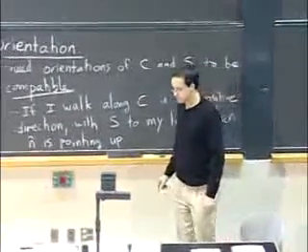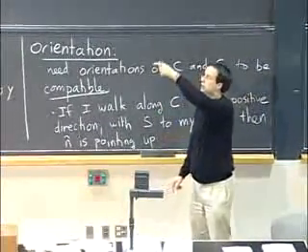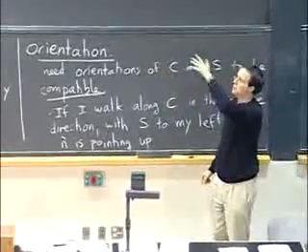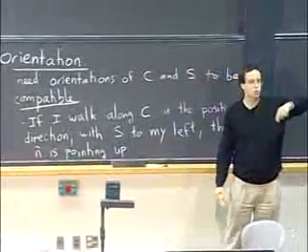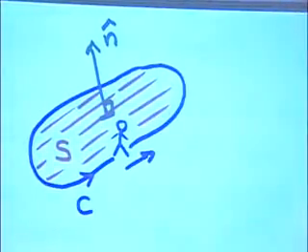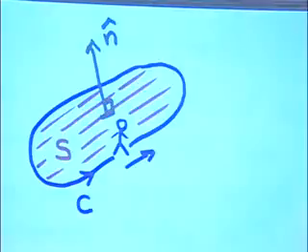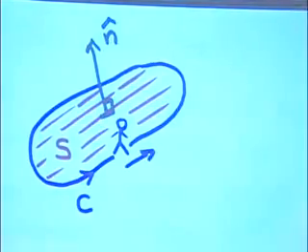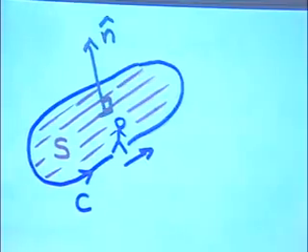let me just clarify something. So let's say that I'm actually not happy with this orientation of C, and I want to orient my curve C going clockwise on the picture, so the other orientation. Then if I walk on it this way, the surface will be to my right. So you can remember, if it helps you, that if the surface is to your right, then the normal vector will go down. The other way to think about it, this rule is enough, because if you're walking clockwise, you can change that to counterclockwise just by walking upside down.